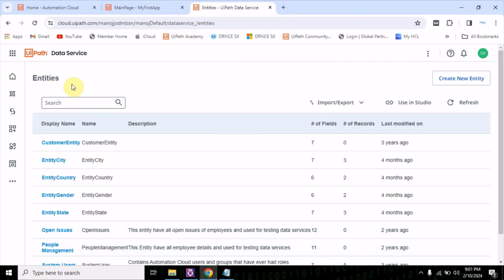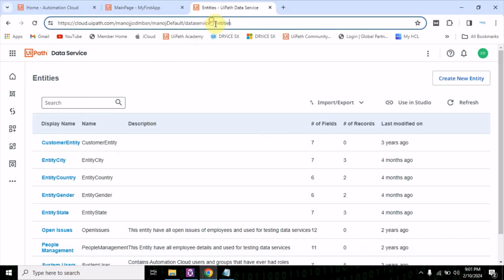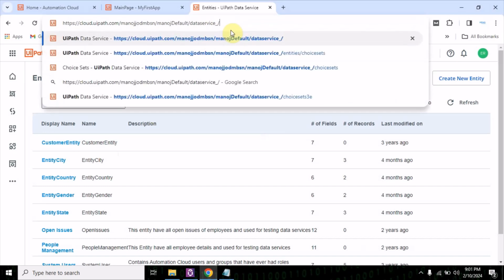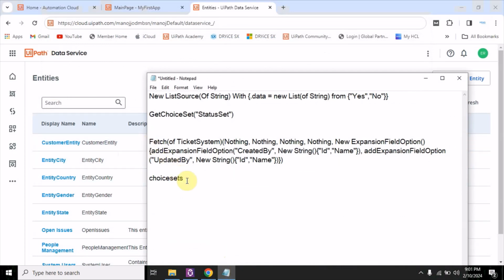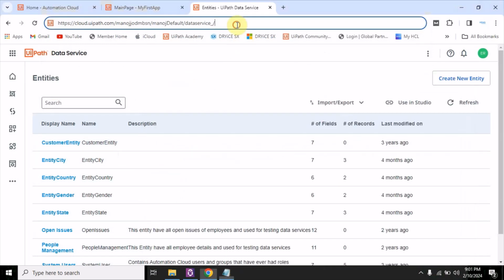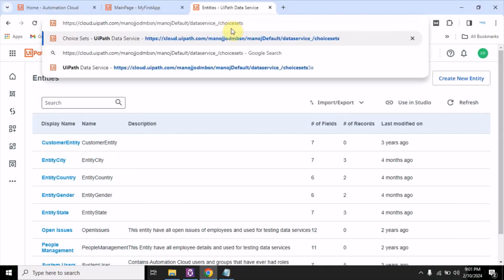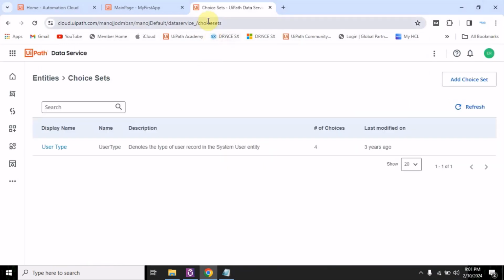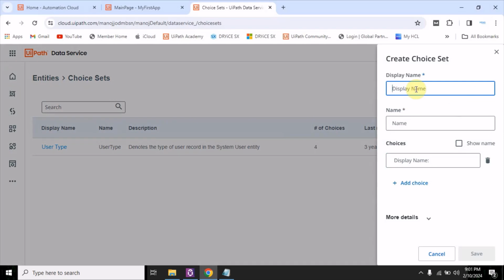Now when you see this entities page, just remove entities from here and write down choice sets here. When you write choice sets, you will see a page for choice set is opened where you can click on add choice set